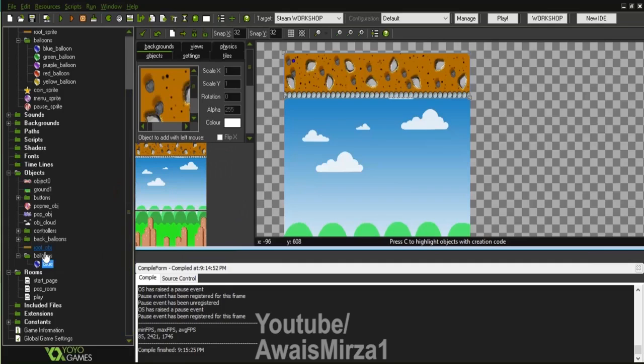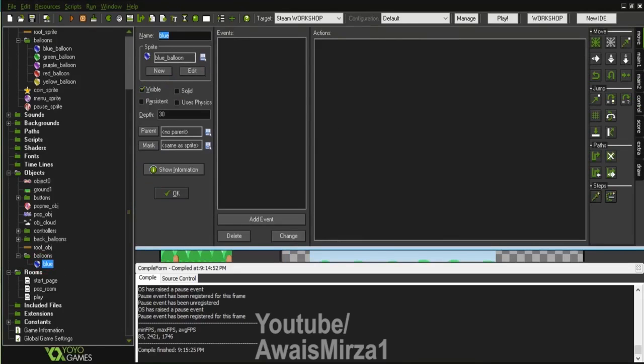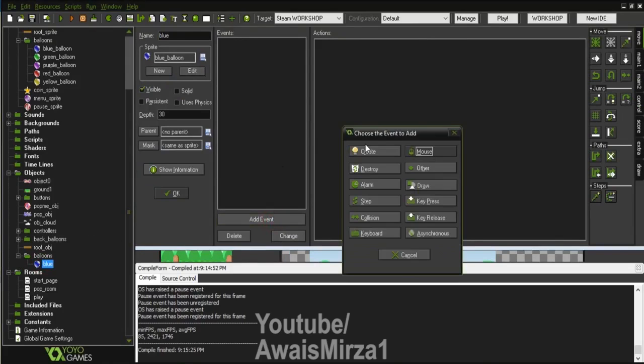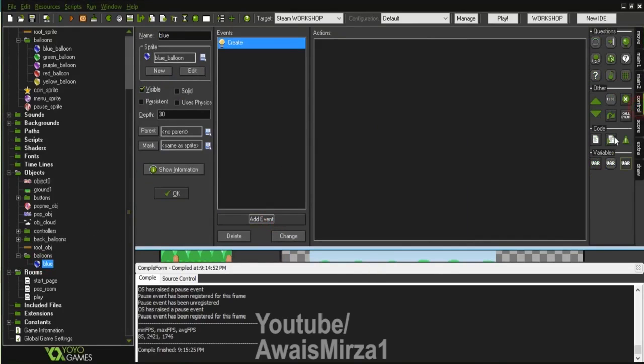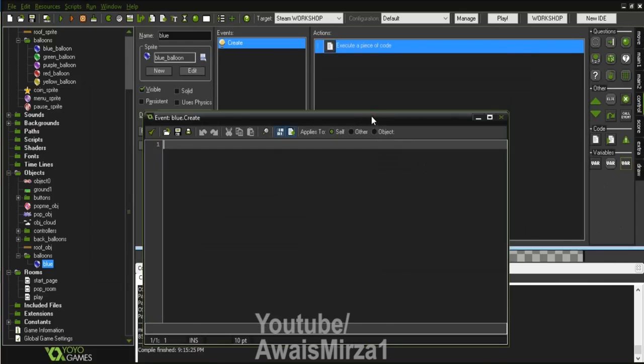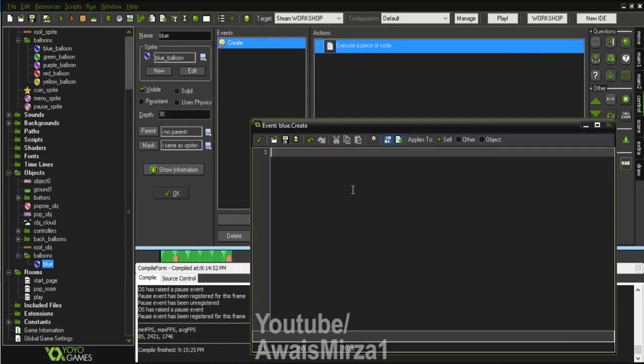But before bringing up all these balloons, I want to duplicate these other balloons with this blue balloon. So what should I add inside this balloon so that all these other balloons may contain all those properties of this blue balloon? All right, so first of all, what I will do is I'll open this up and I will first create an event. All right, and inside this event I will drag a script. Okay, and inside this script I need to